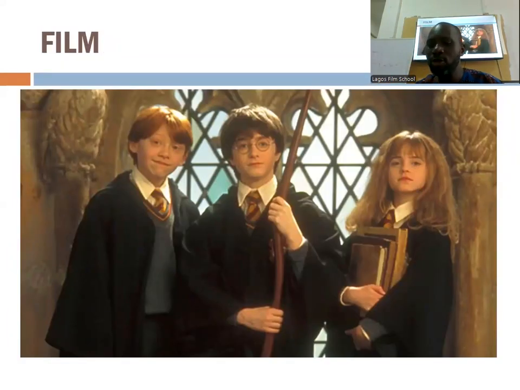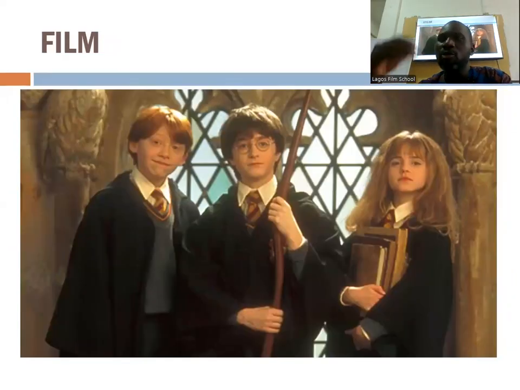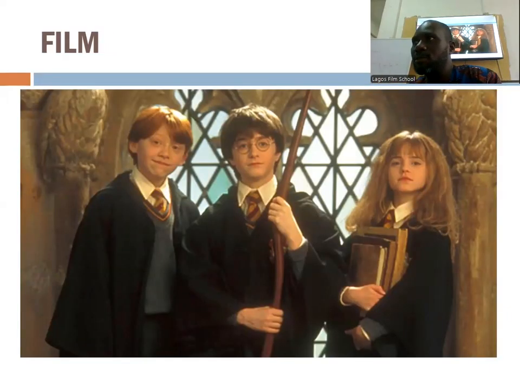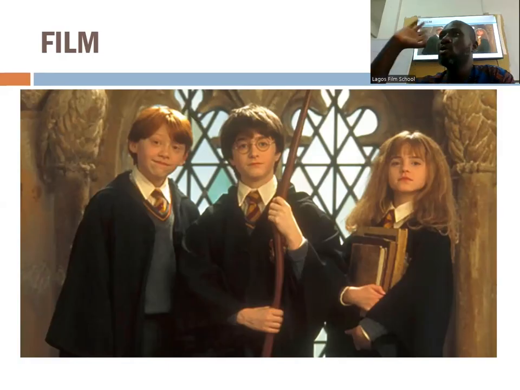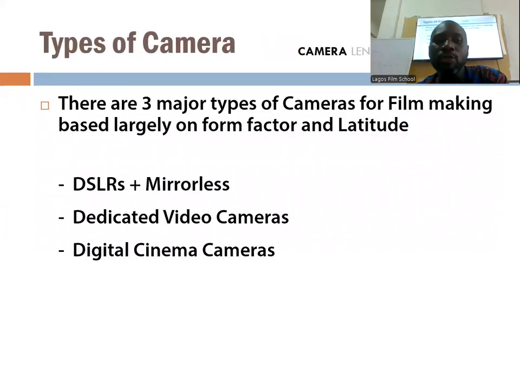They are different. Video is used for real life events, like when you're shooting news, sports, documentaries, events generally. Film is for music videos and movies. Some documentaries are beginning to look more like film now than like video. But back in the day, documentaries used to be shot like video. Do we get the distinction between the two now? Good. Now let's talk about the equipment we use for it.